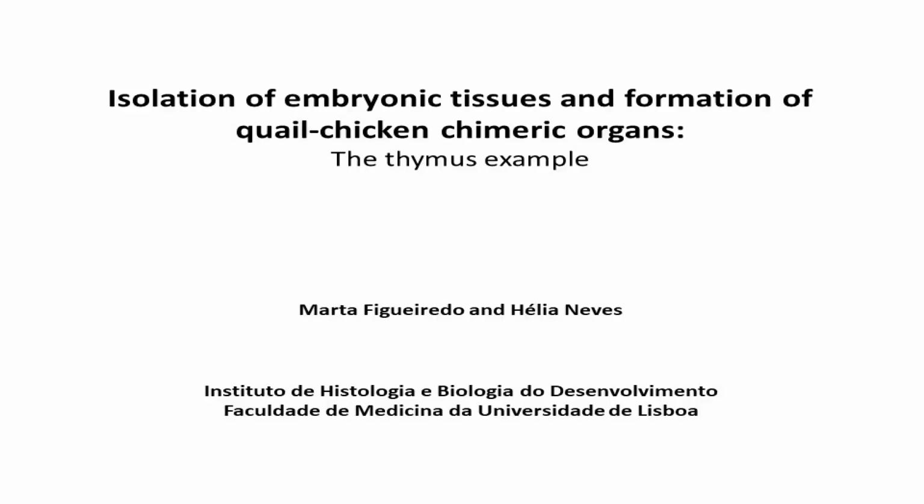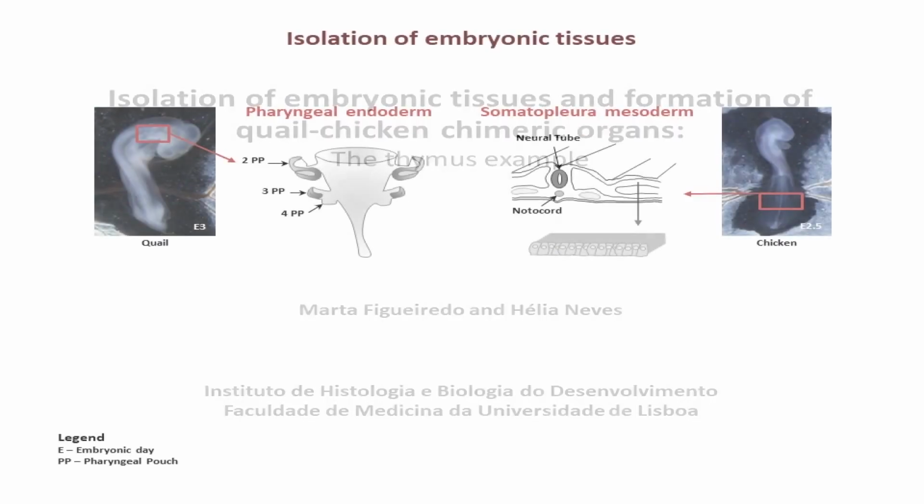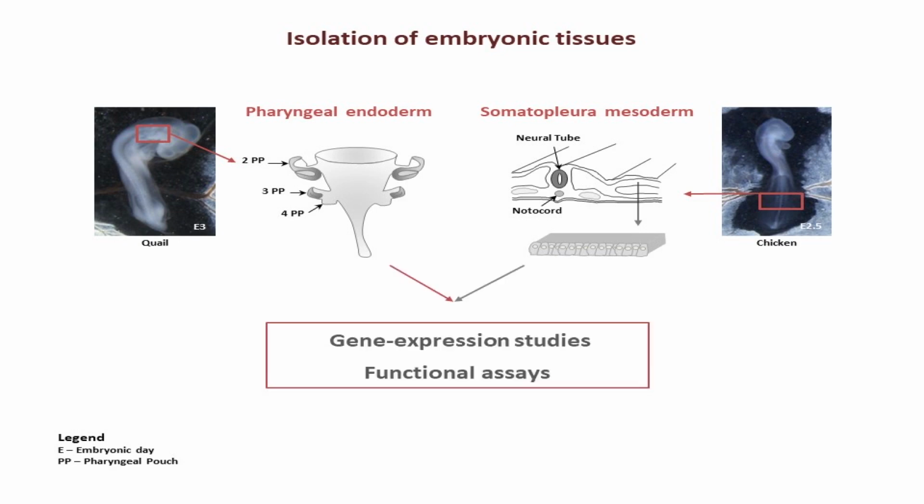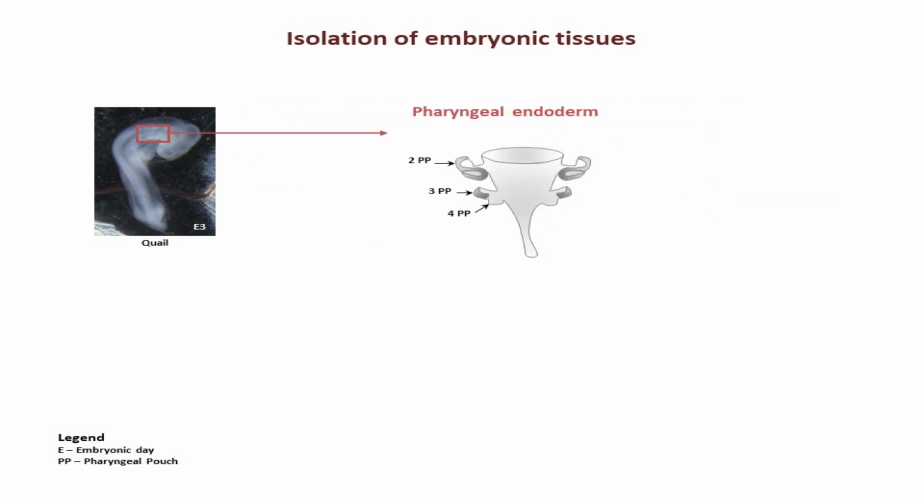The overall goal of this procedure is to present an optimized experimental approach to isolate embryonic tissues from the quail and chicken embryos. With this technique, we obtain pure embryonic tissues that can be used in gene expression studies and functional assays. Tissues from quail and chicken embryos are isolated by microsurgery and subject to in vitro enzymatic digestion while